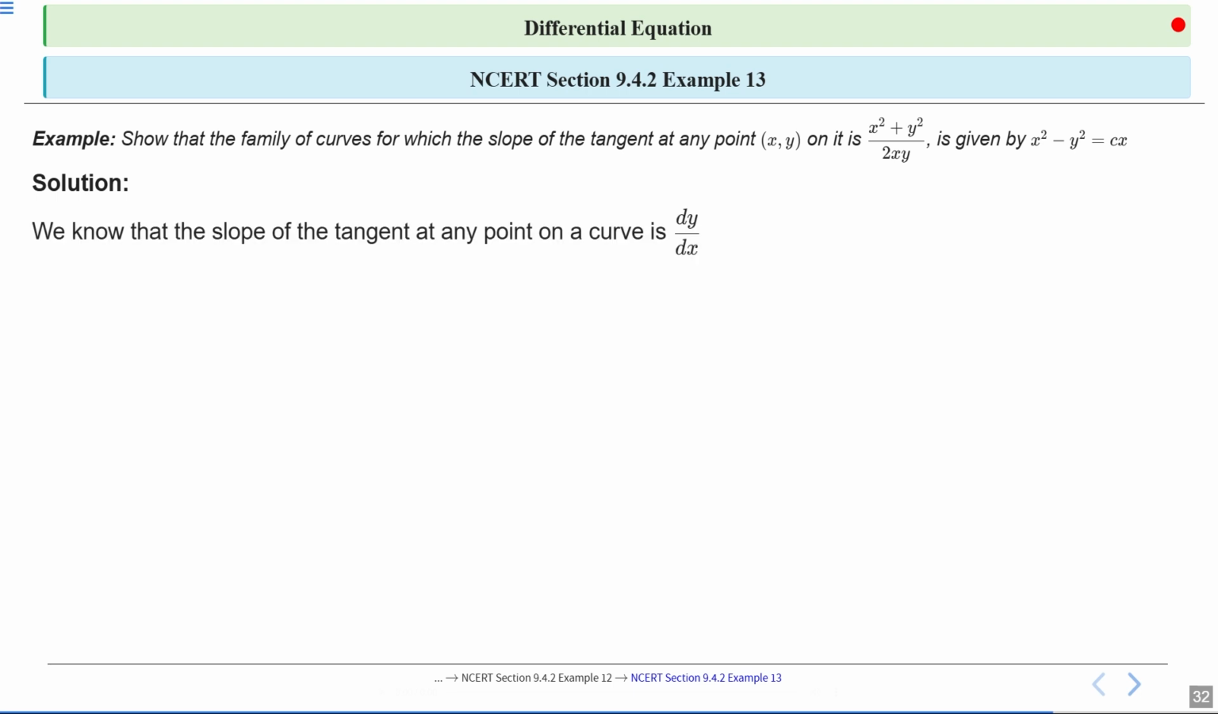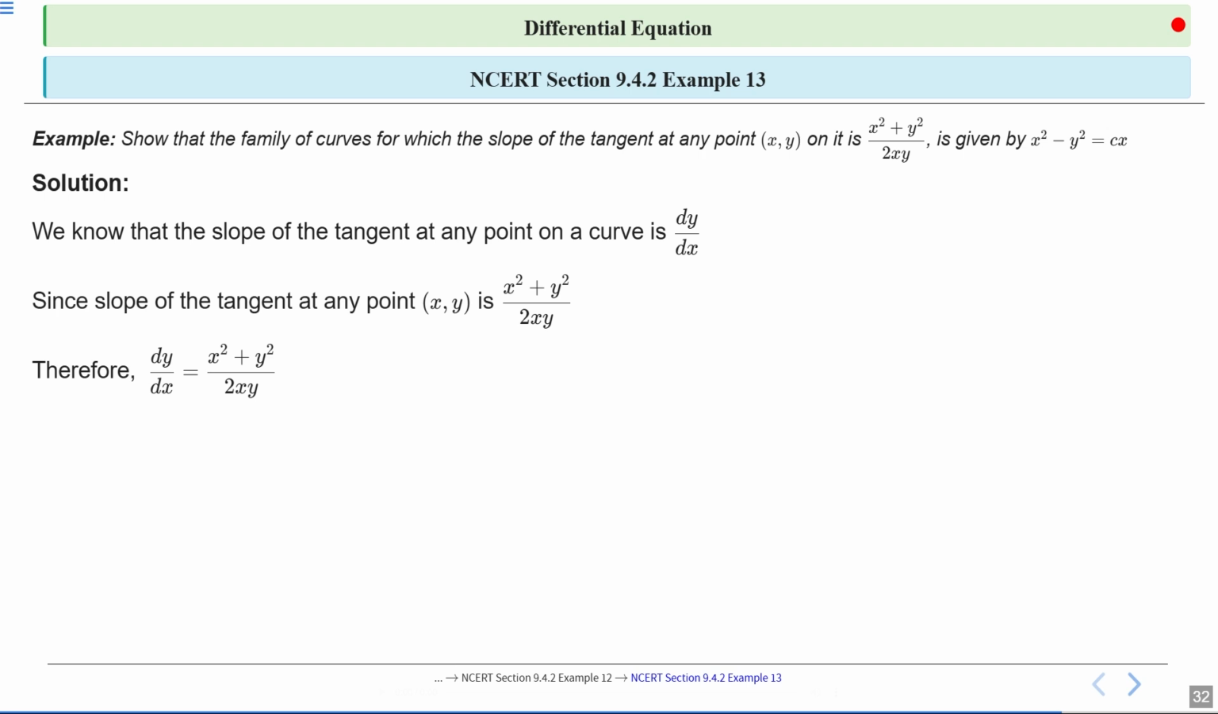So we know that the slope of the tangent at any point on the curve is dy by dx, and it is given that it is x square plus y square by 2xy. So when we combine both statements, we get dy by dx is equal to x square plus y square by 2xy. That is your given differential equation. Now we have to find its general solution, and we have to show that it is x square minus y square is equal to cx. So we write it as dy by dx is equal to 1 plus y square by x square by 2y